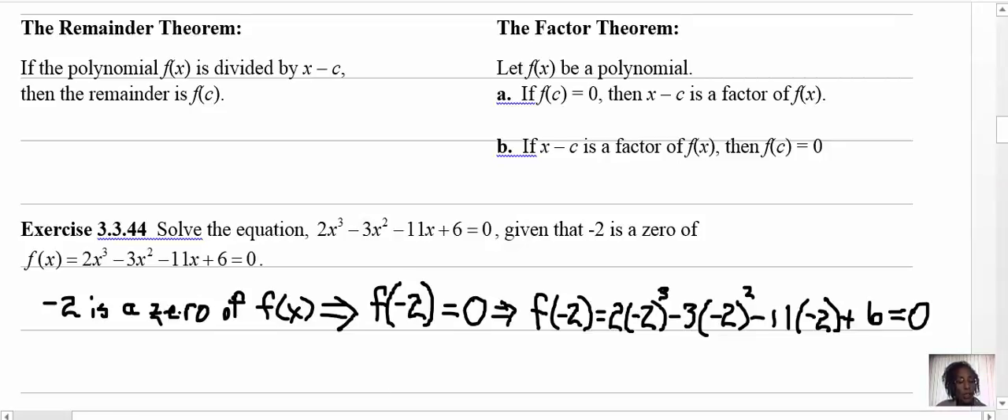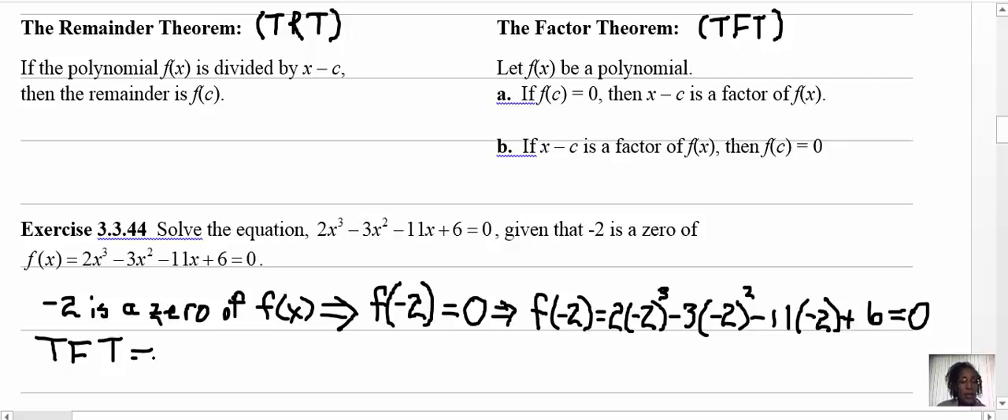So notice what we're able to conclude. If negative 2 is a 0 of f of x, that means f of negative 2 is 0. That means replacing all values of the variable with negative 2 and doing the operations that the function instructs results in 0. Now, the factor theorem, which I'm going to call TFT, and I'm going to call the remainder theorem TRT, just so I don't have to keep writing that out. The factor theorem tells me that since f of negative 2 is 0,